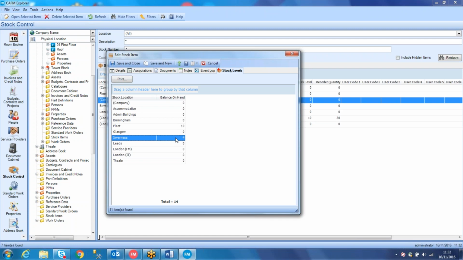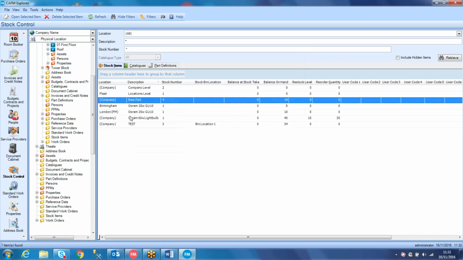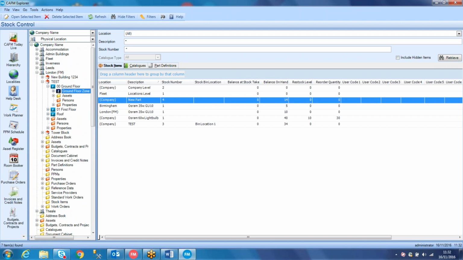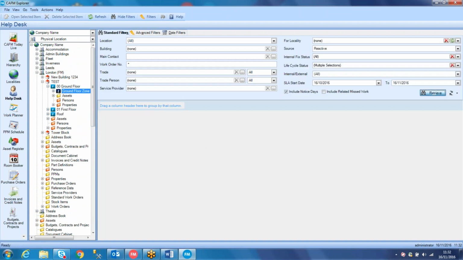Now, obviously, once you start to use that information, it will then start to close that information down in the system, and then you can start to run reports against stock items. And as you see here, balance at stock take, balance on hand, restock level, reorder quantity. So once it starts to trigger these balance on hands, it will then allow you to reorder that stock by running reports against it. You can also use the stock against work orders. So as you go back to the help desk, if we pick up,